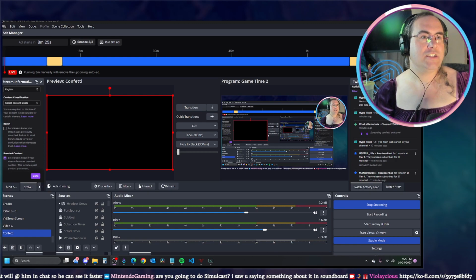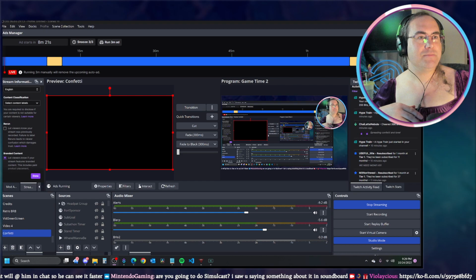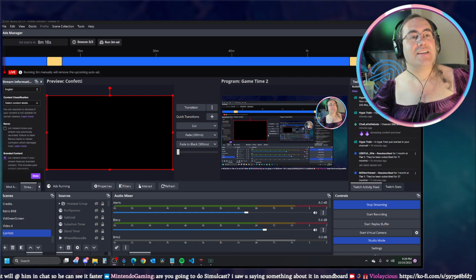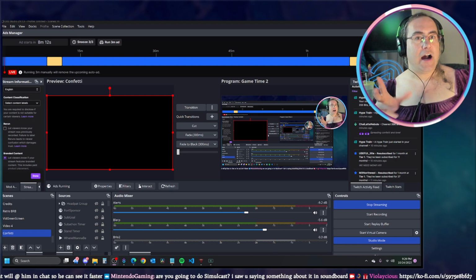Another streamer you watch, he has two chat windows. The first one is his Twitch chat, and the second one is a chat window that lets him see anyone that will add him in chat so he can see it faster. That's fantastic. I know when you saw my stream manager, I have my activity feed split into two different types of activity.